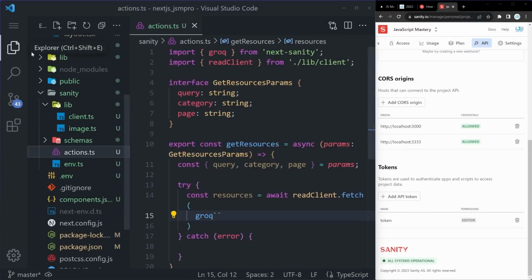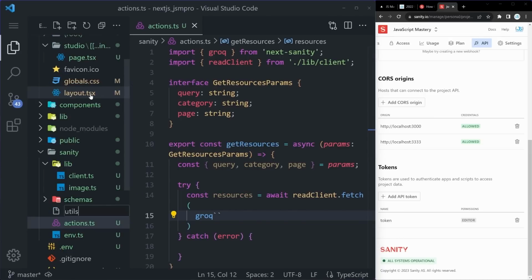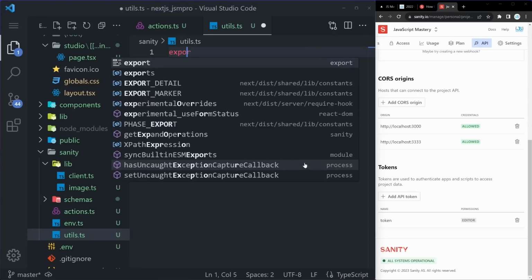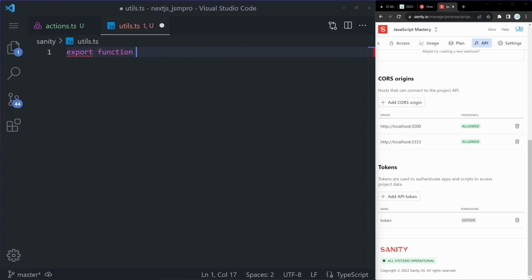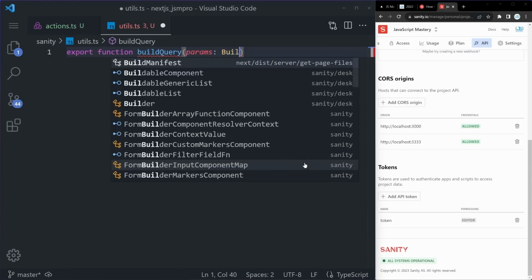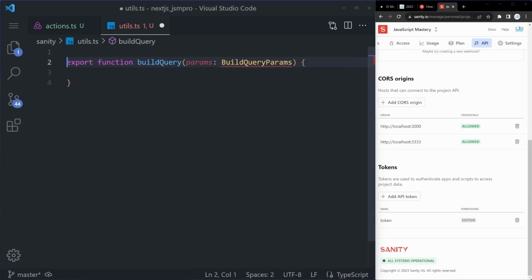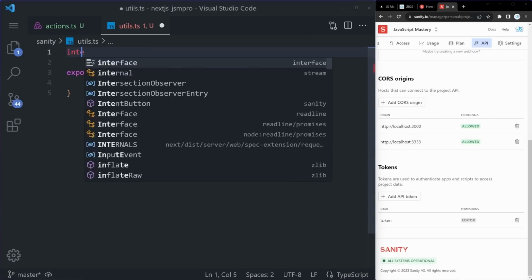So let's go to Files. And right here within Sanity, we can do a new utils.ts file. And we can create a new function, export function build query. This function is going to accept some params, which are going to be of a type build query params. So we have to define them right here at the top. And it's important what these are going to be. So that's going to be an interface